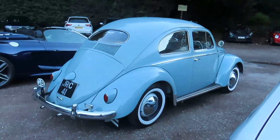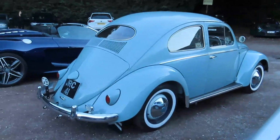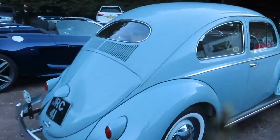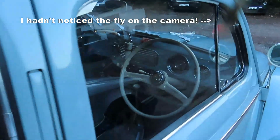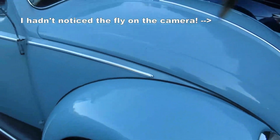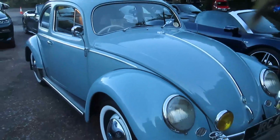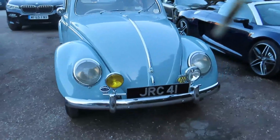This is a 6-volt Beetle, a very early generation of the original VW Beetle design. I see a very nice pre-war MG has just turned up behind me, so we'll look at that whenever we get round to it. I'll try to feature a bit of everything new and old. Domed headlamps would indicate this is an early Beetle. As I said, this is a...